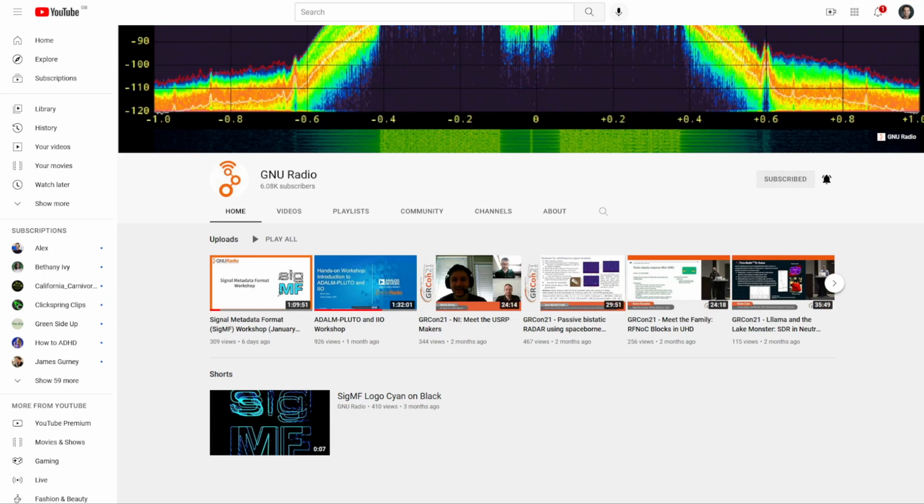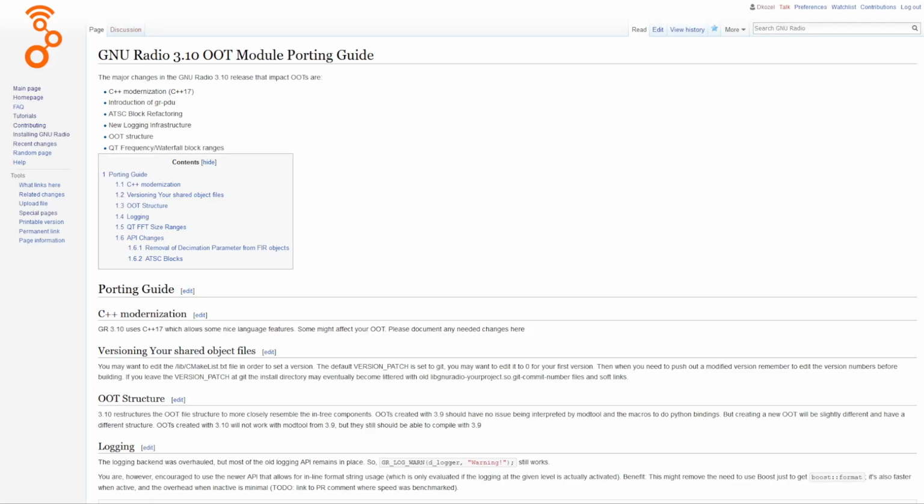The issue is that while the SigMF spec has been updated to 1.0 and libsigmf, a C++ library for interfacing with SigMF, has been updated, the gr-sigmf out-of-tree module is a work in progress in terms of hitting that 1.0 spec update.